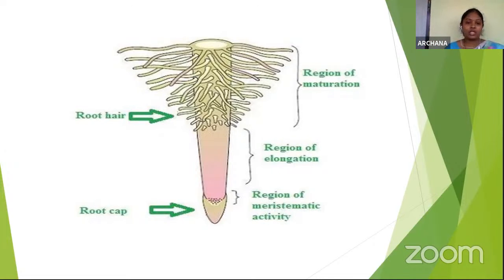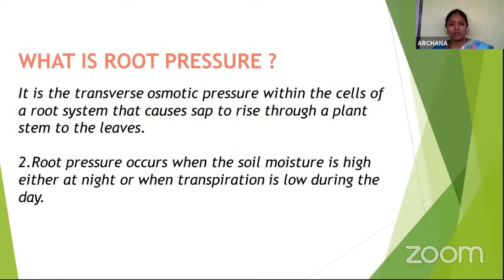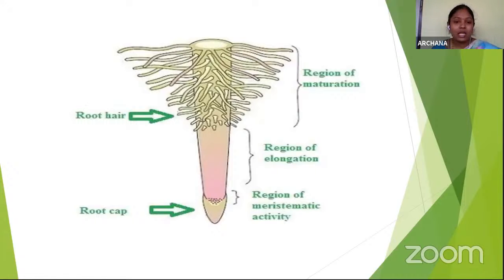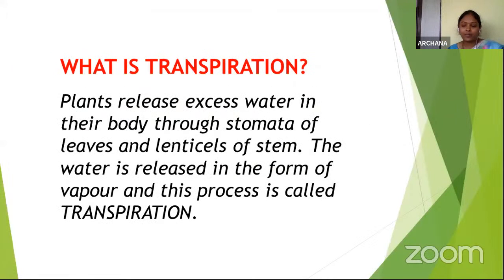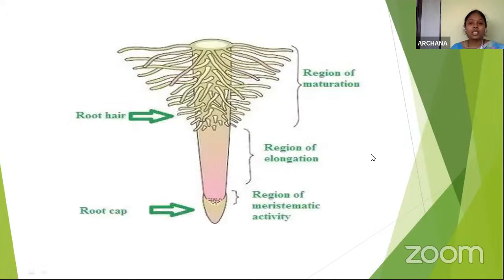The tip of the root is called the root cap. And above the root cap, there are very fine microscopic structures called root hairs. These root hairs extend into the soil, and absorb water through a process called